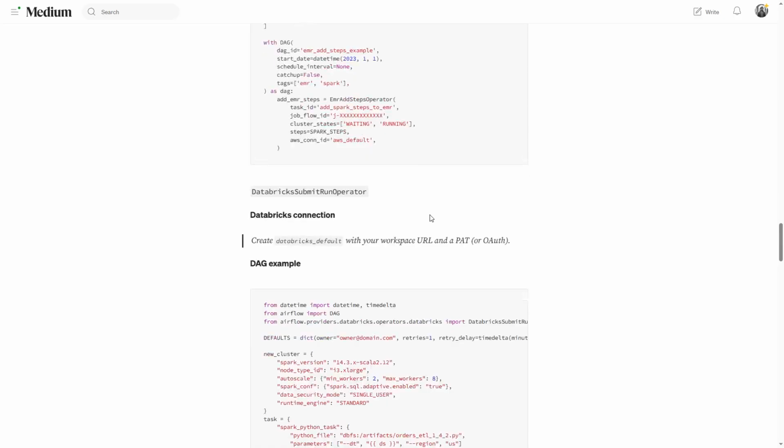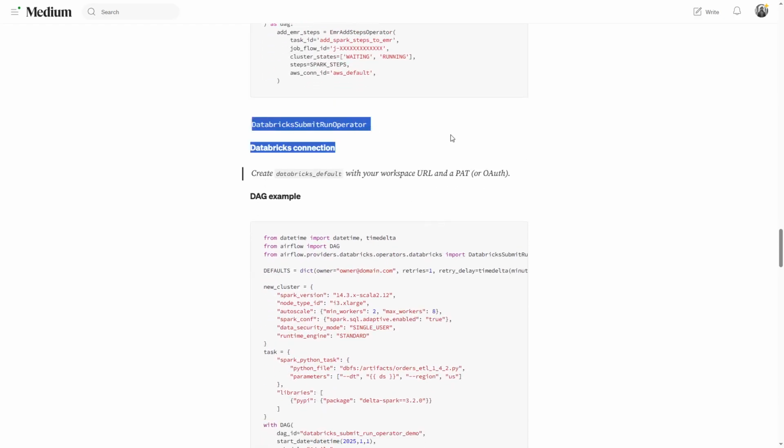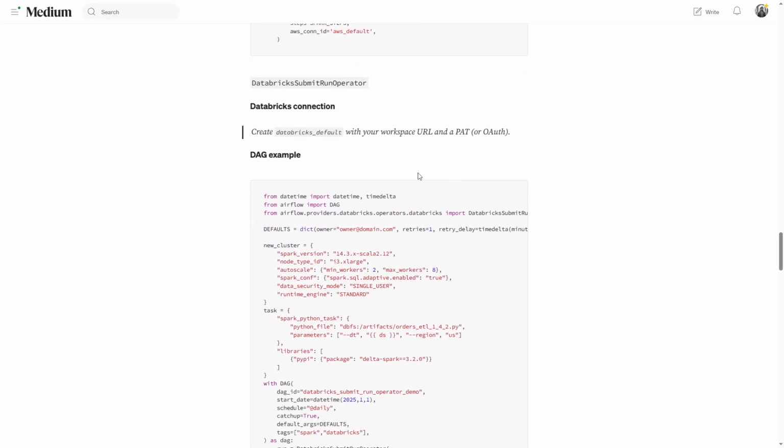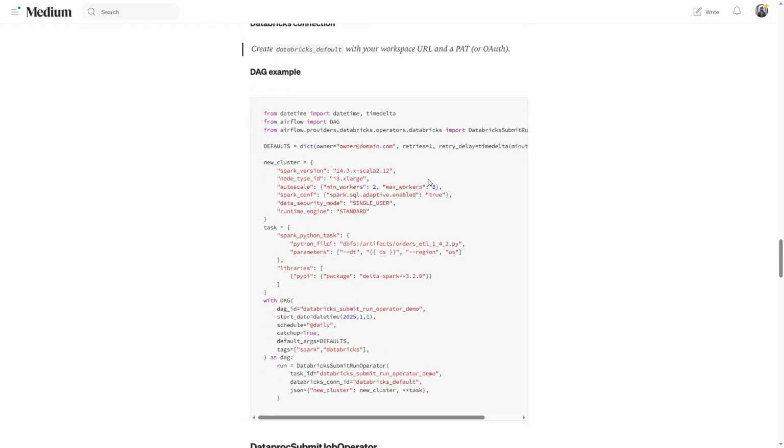So this is for AWS EMR. Then we have Databricks Submit Run operator, which is nothing but an operator which allows us to create a job in Databricks and run that job. It also follows the same strategy: it will have a hook that we need to create. We need to create a connection, and then using that connection, which is the Databricks connection ID, we say Databricks default,